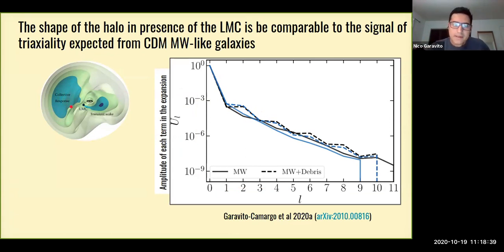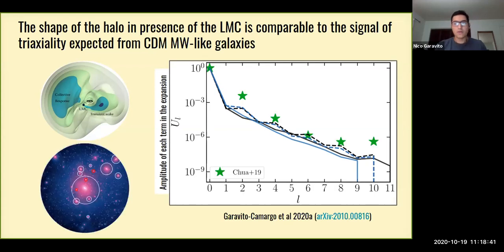Now, when you compare this with what you get, for example, when you measure a cosmological halo with a similar mass to the Milky Way, but that doesn't have an LMC. So this was work by Zhao at the CfA. I made a halo with that kind of ellipticity, and then I computed the basis function expansion, and this is what we get, right?